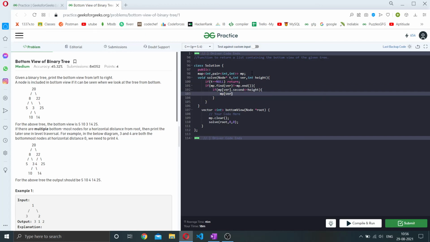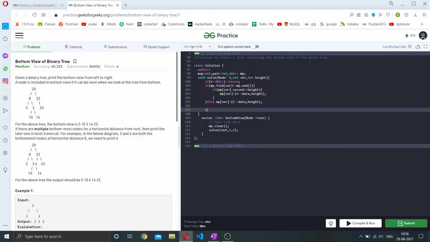So my map of vertical becomes t of data and height. Else, if it is not present, we do the same thing and put it into the map, that will be t of data and height.